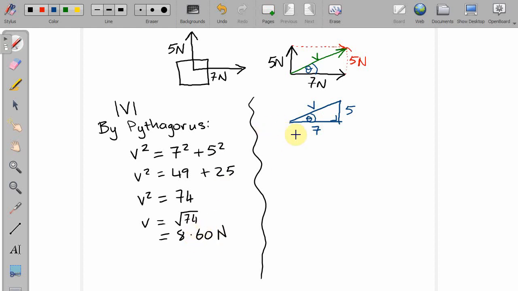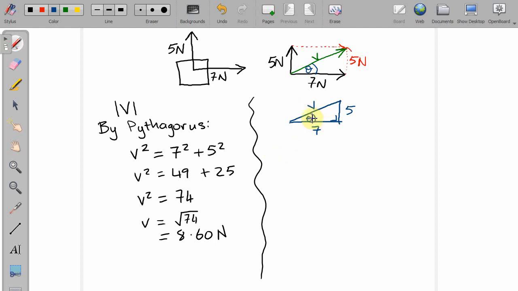length of the hypotenuse. It looks sensible and it looks right because 8.6 is longer than any of the other two sides and the hypotenuse is the longest side. So that would make sense. I mean, if the answer to this came out at 4.2 or something, then you would know you were definitely wrong. But let's look at how we could calculate theta without using this, just to keep ourselves away from any